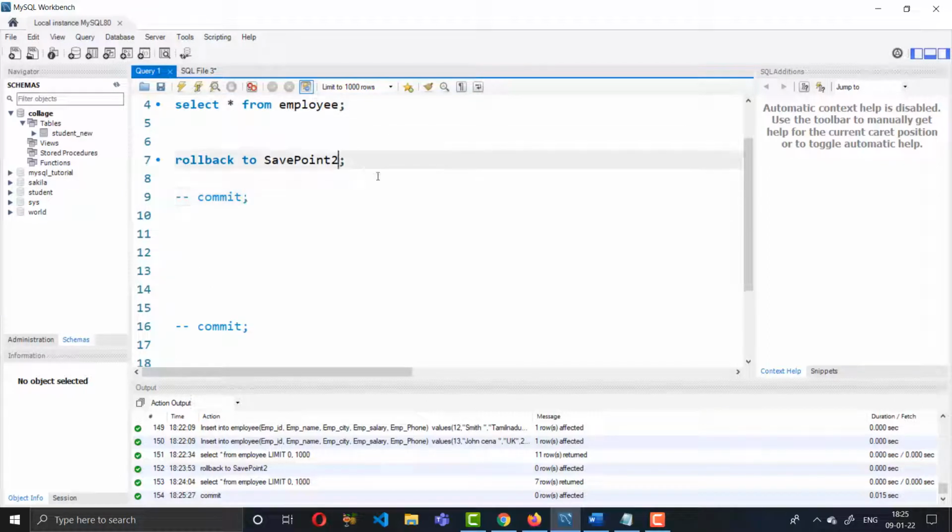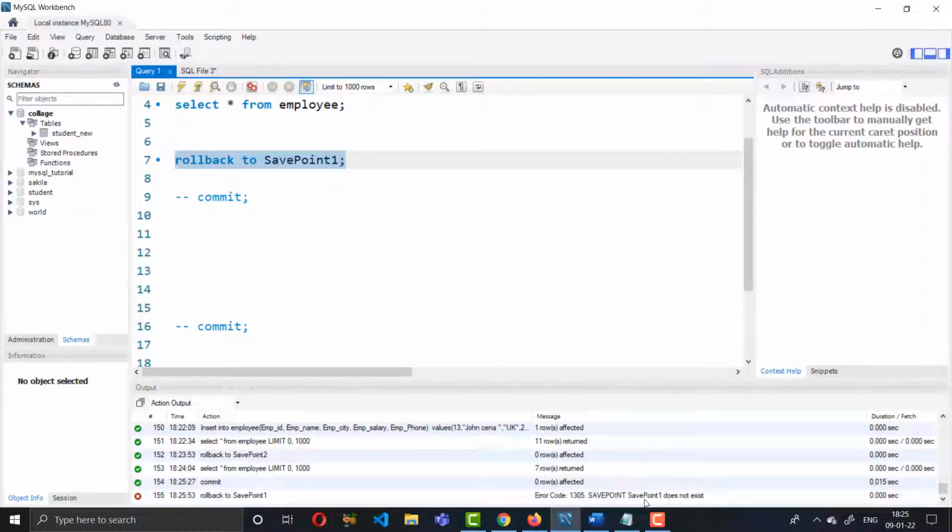Suppose I am giving savepoint 1 and run here. It says savepoint 1 does not exist, because the data has been saved. So this is the use of the savepoint.